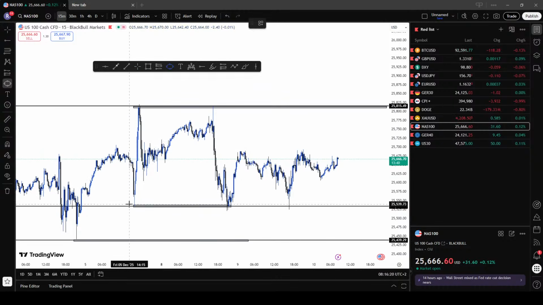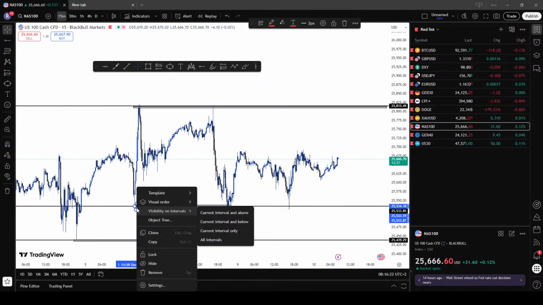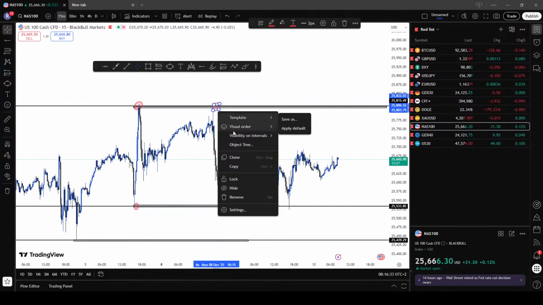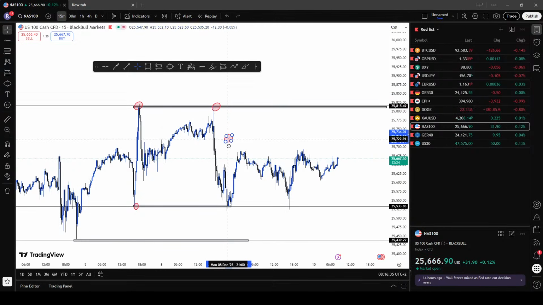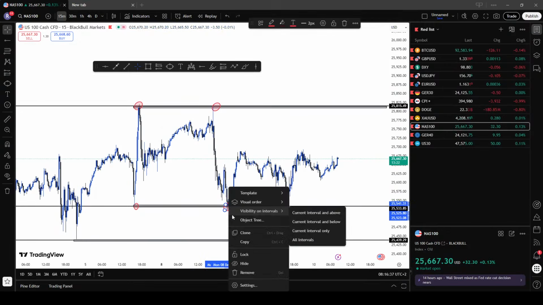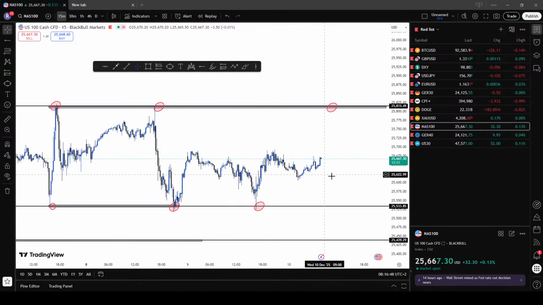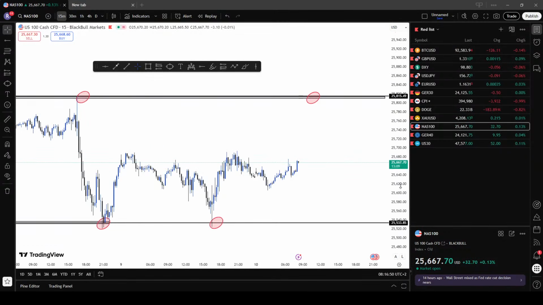If you can check, we touched here, and then we touched there the top side, and then we touch here, and then here we touch twice. So this makes it stronger, and then I mean three times as well, and then we know that we're gonna touch there. Understand? So anyway, here we're just gonna look for a proper entry point where we're gonna enter our buys.